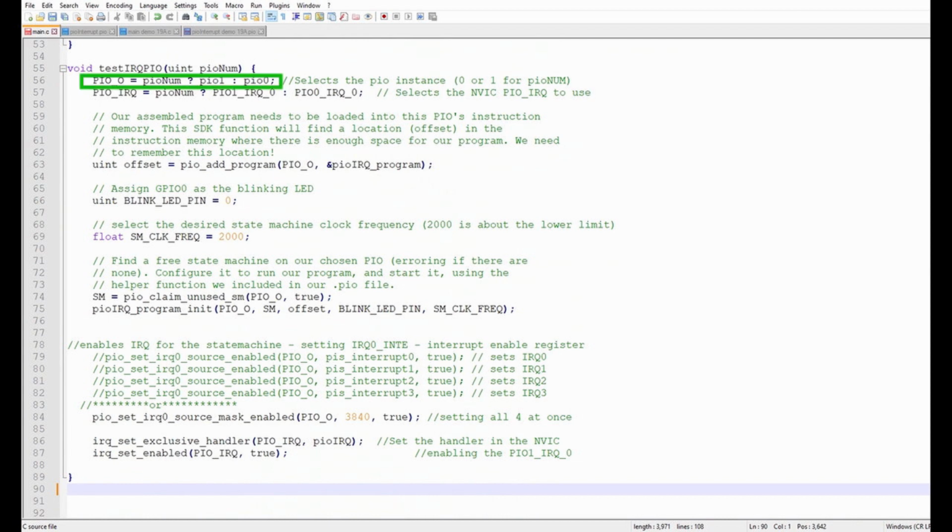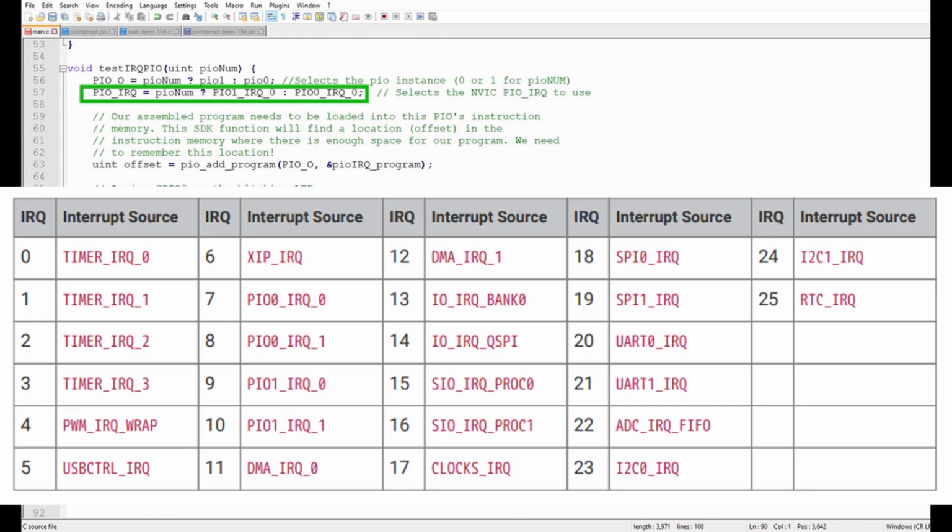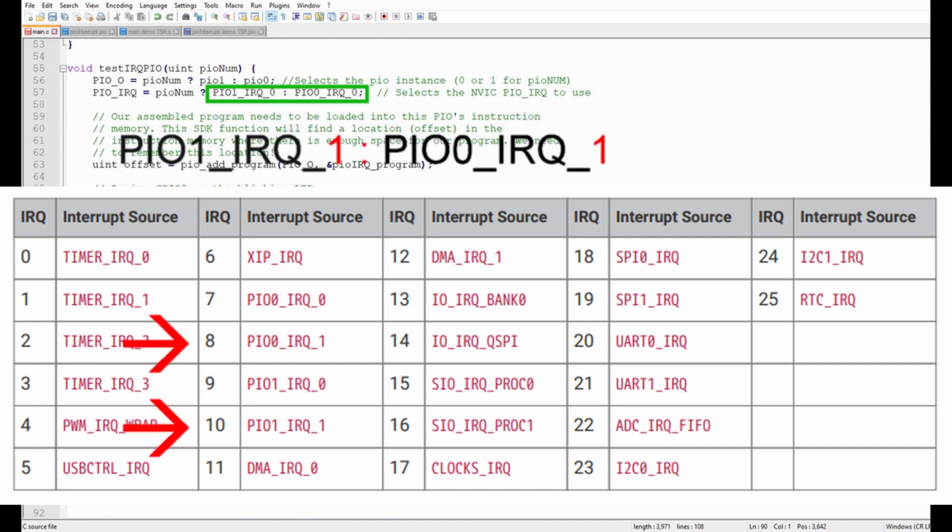Here we assign our PIO number. This will be called out in the main routine using the variable PIO num. We'll also assign the NVIC interrupt number to use. In this case, the number is between NVIC interrupt 9 or 7. I could have also chosen NVIC interrupt 10 or 8 by choosing PIO 1 IRQ 1 or PIO 0 IRQ